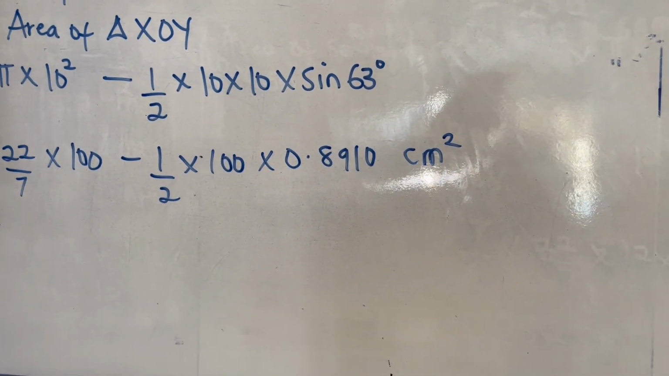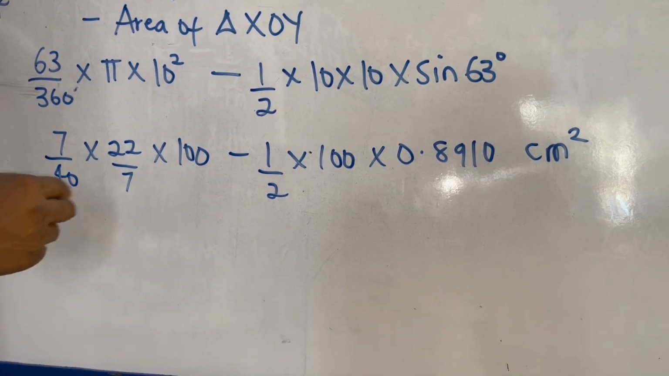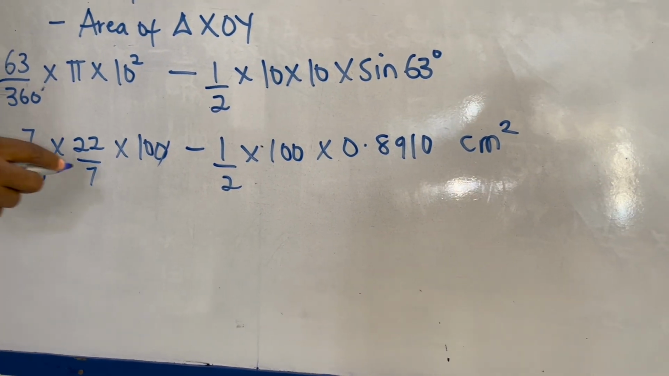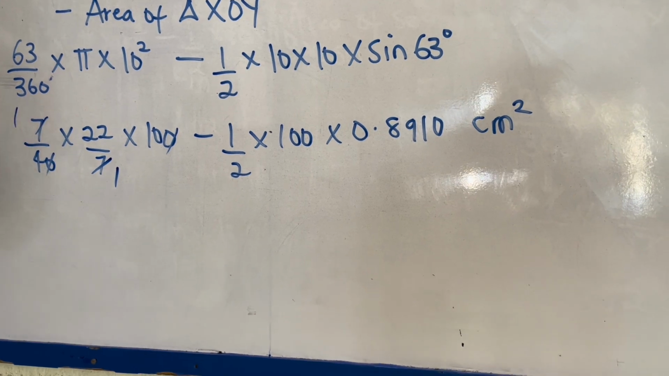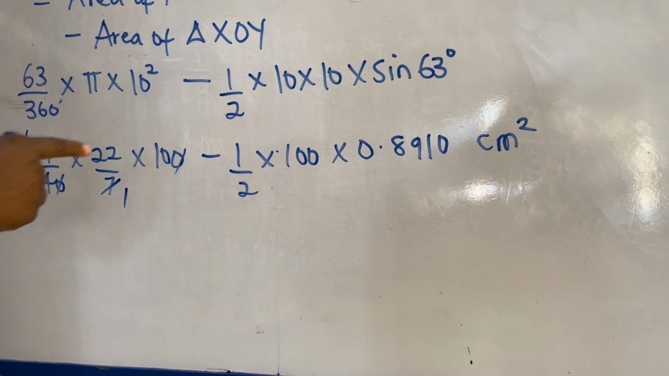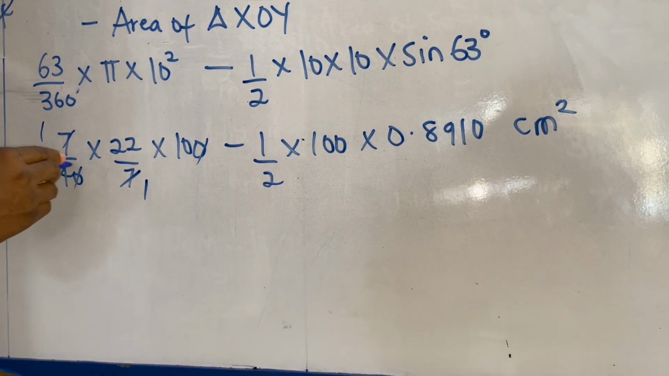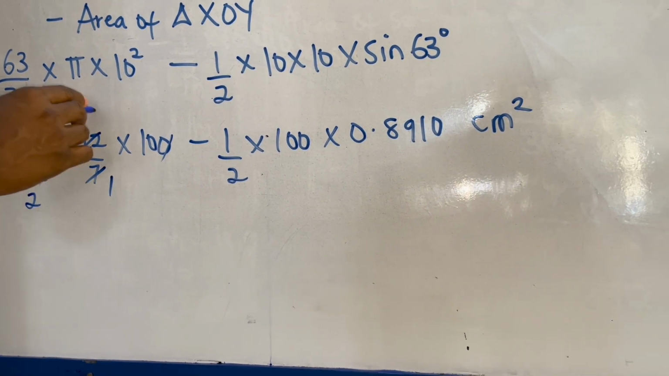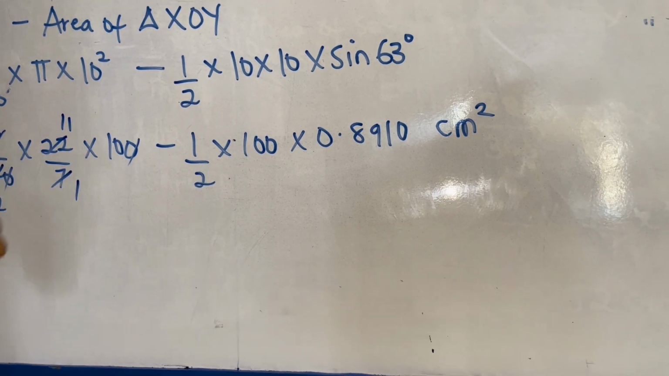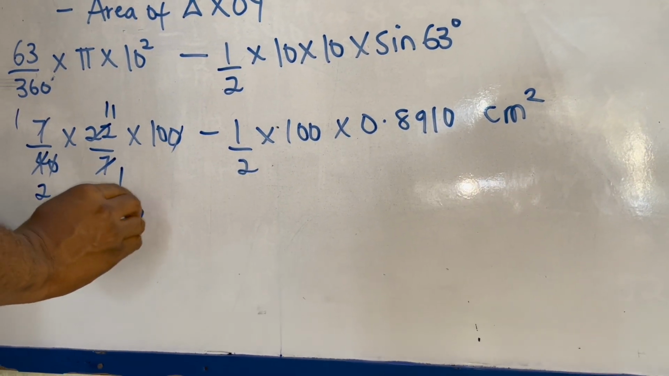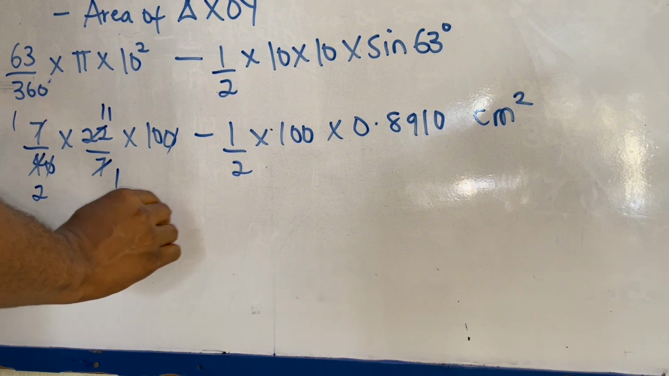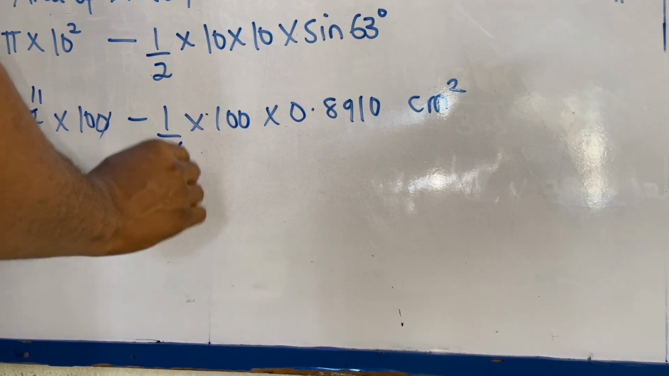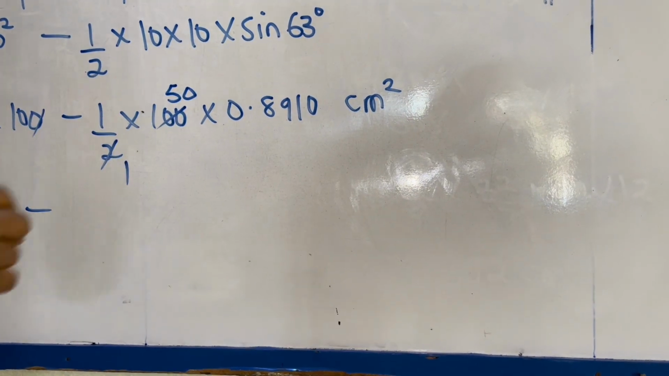Alright, so in this case, if you reduce this to its lowest term, it will give us 0 cancels 0, so 7 times 22 times 10, okay, 7 goes into itself, 1 goes here, 1. So I'll have 22, 4 goes into itself, 2 times goes in here, 11. So I'll have 11 times 10 divided by 2 minus, 2 goes in here, 1 goes in here, 50. So I'll have 50